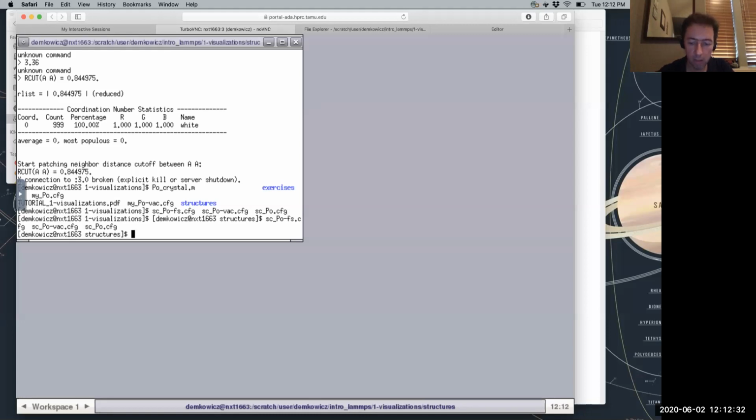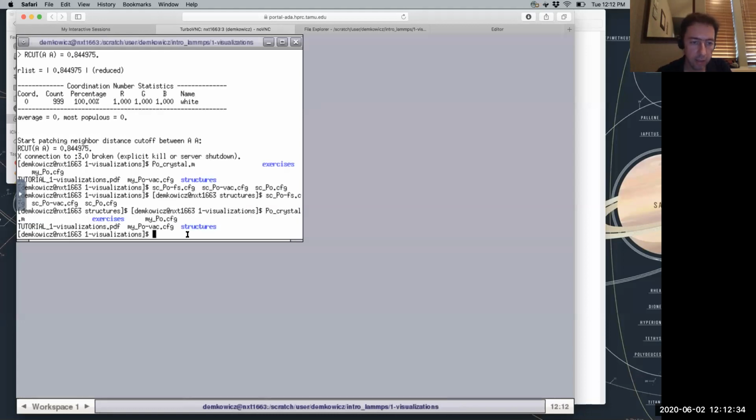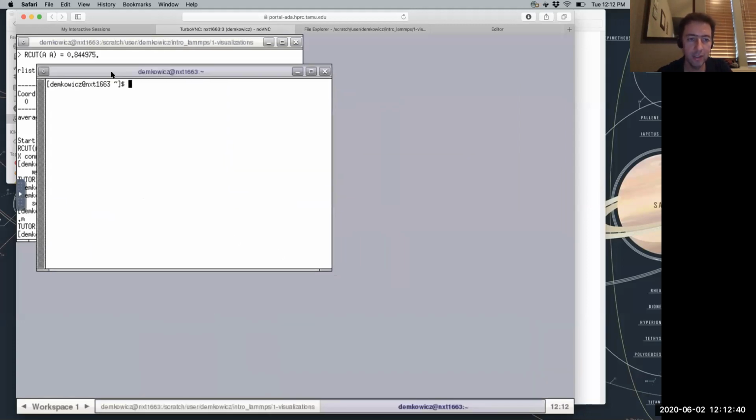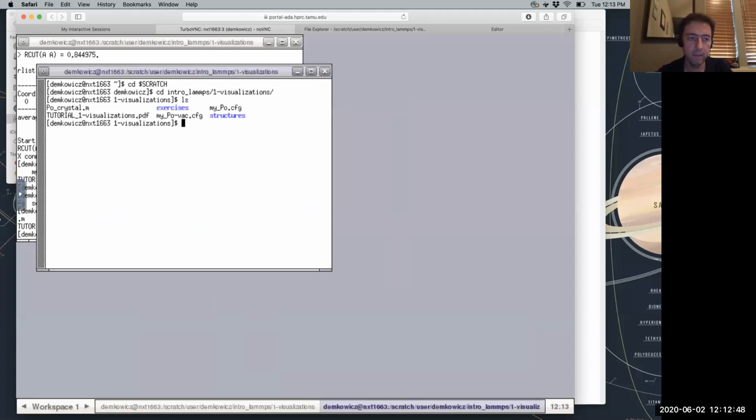So let me show you how to make a free surface. I'm just going to go back down here, and I can't see the text again. So let me make a new xterm. I'm not going to shut down the old one this time. Okay, I'm going to copy my po.cfg to po-surf.